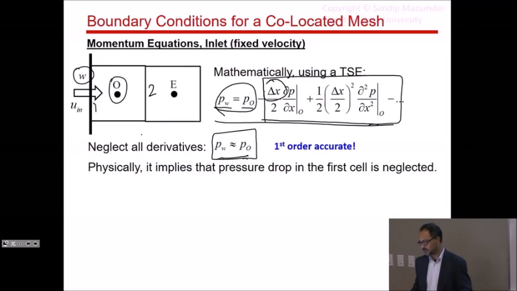What does this mean? Now I'm saying here first cell, but it's really the first half of the cell, okay? If I say that I have an inflow here and the pressure here is the same as the pressure there, what does that mean? It simply means there was no pressure drop, okay? And that can only happen if there is no viscosity. Viscous forces are 0,